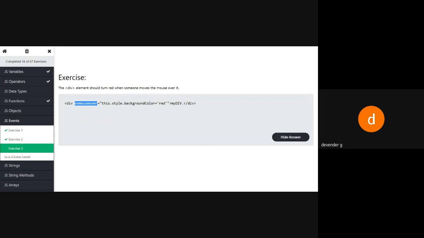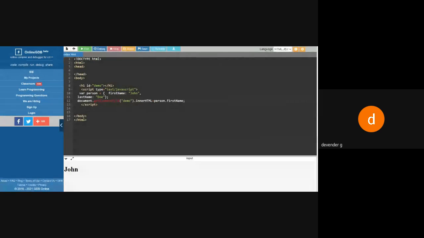So we'll see this one as an output. I'll write in our scripting language: on mouse over, this dot style dot background is equal to red.